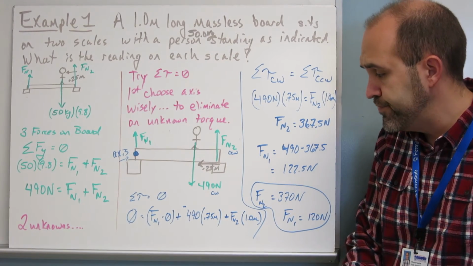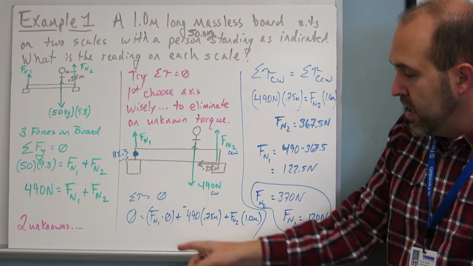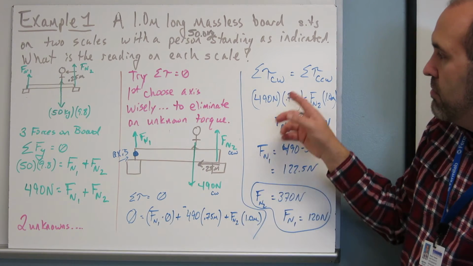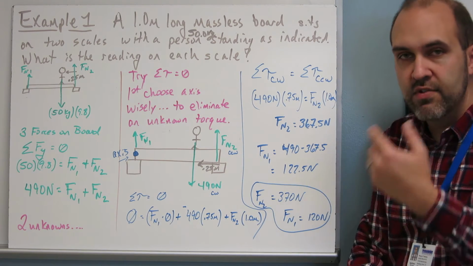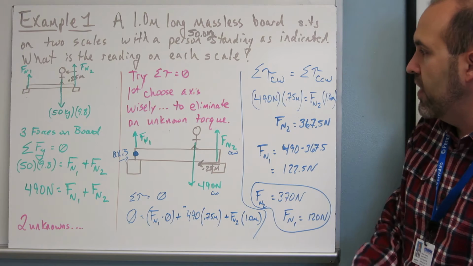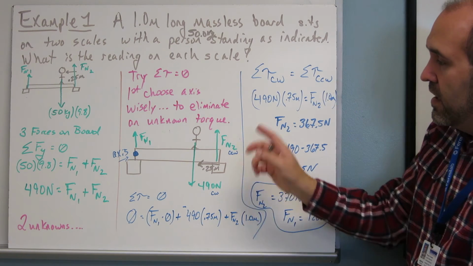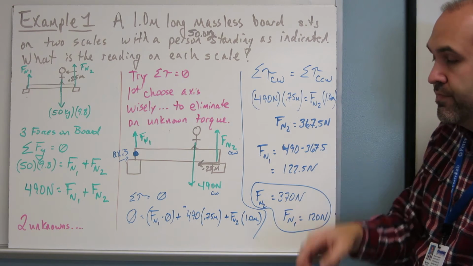That's 1. I did clockwise as negative and counterclockwise as positive. And so I got the sum of all those torques to be 0. That's the same thing as writing the sum of the clockwise torques has to equal the sum of the counterclockwise torques. So if you want to think about it that way, you can. And that allowed me to eliminate the torque provided by Fn1, and I could solve for Fn2, which turned out to be